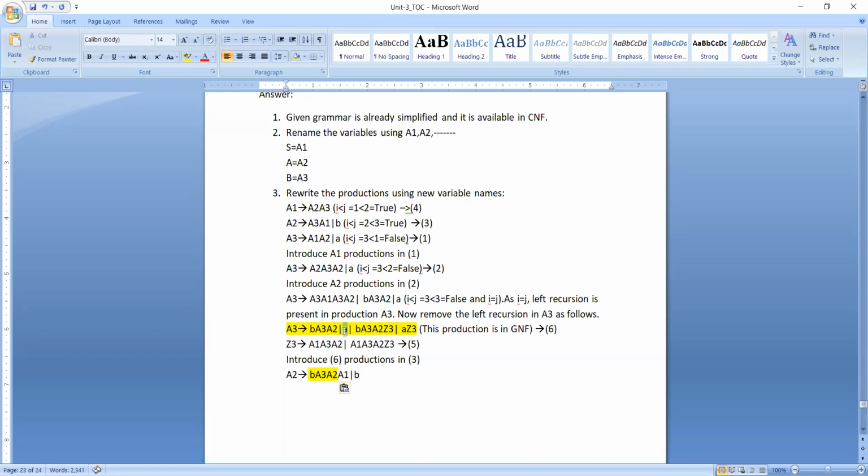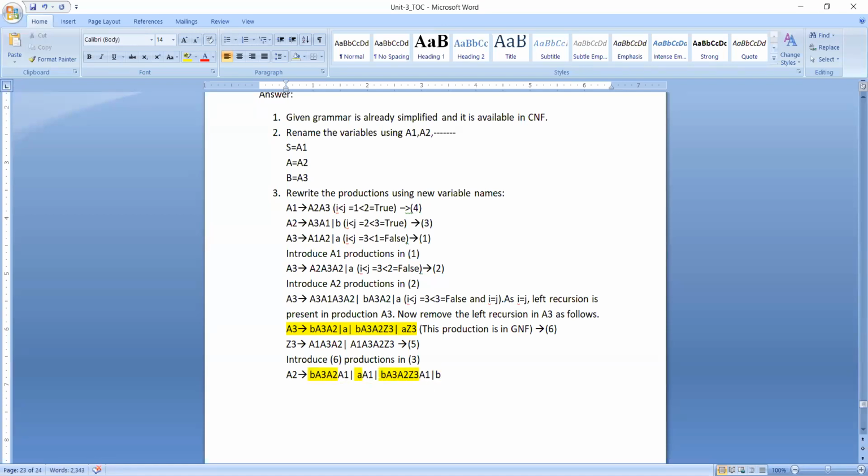Then we will get small a followed by A1. Small a followed by A1. That is our second production. And what is the third production? A3 A1. So this is A3, I am copying straight away. A3 and A1.